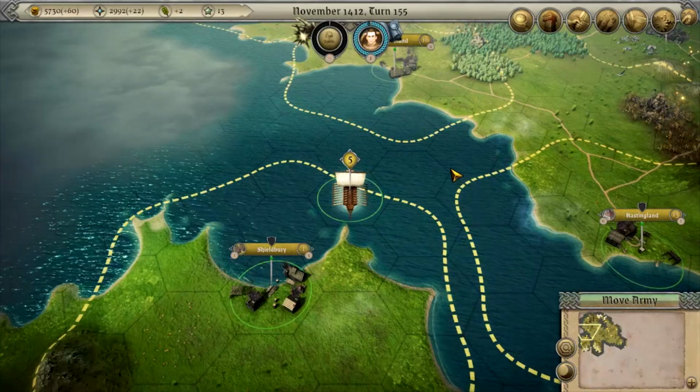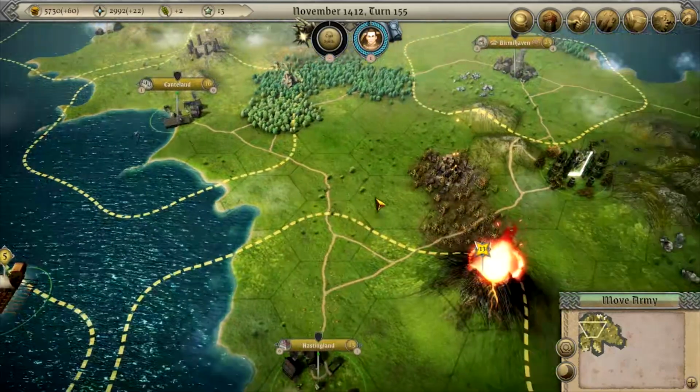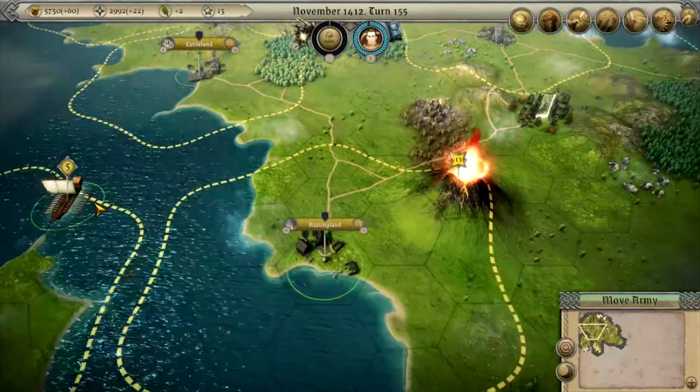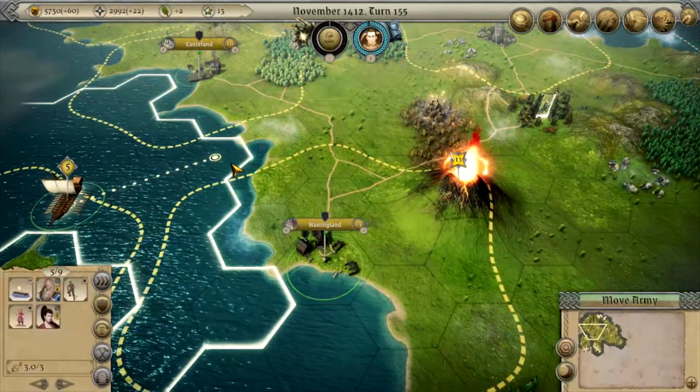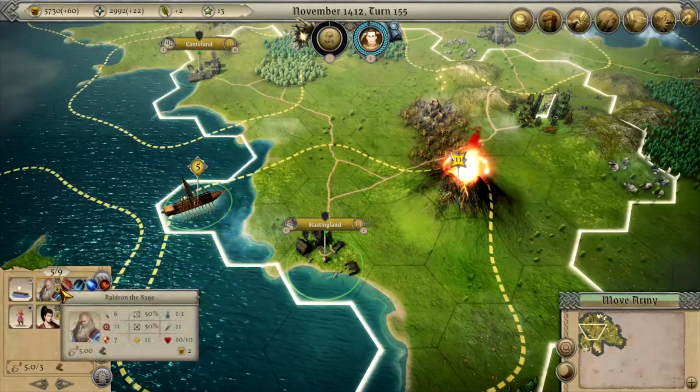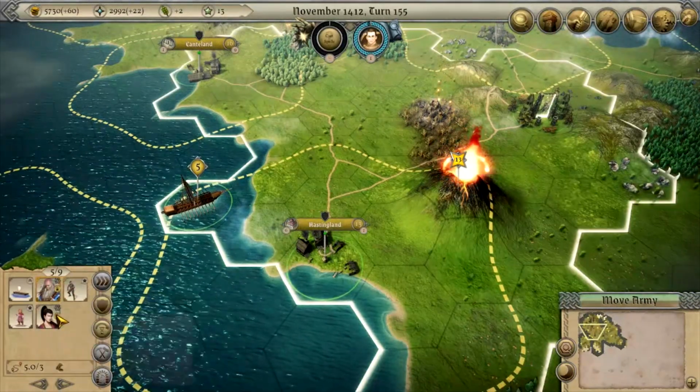Let's get you some additional help. So we'll put them on the road network, I guess. None of the road networks directly touching anything, huh? So that's fine. I will send... I can still disembark, can't I? Unbelievable. Okay, so I don't really...